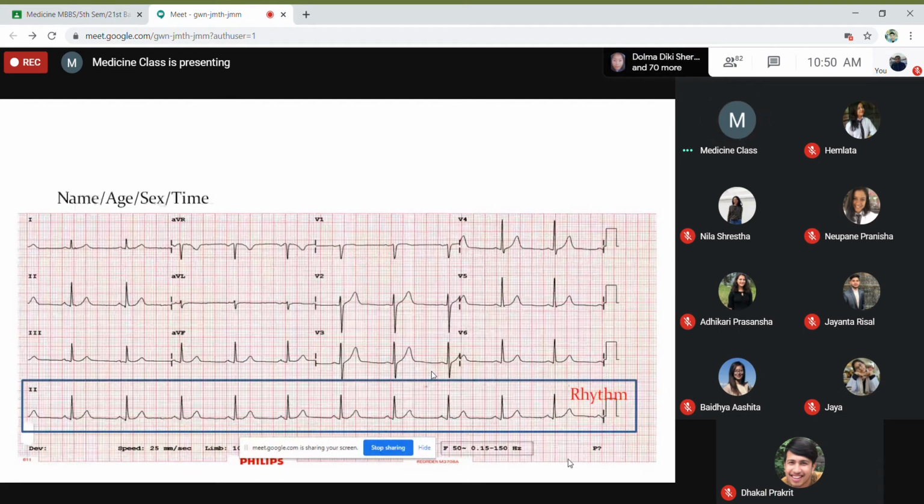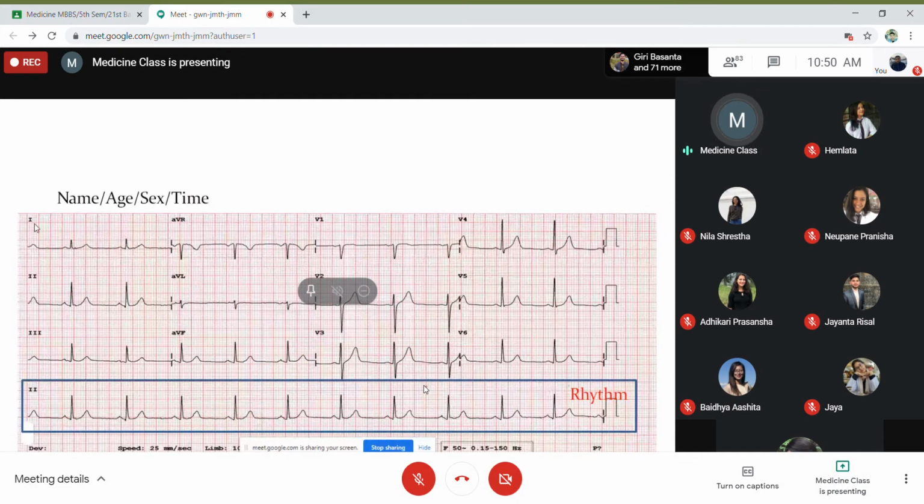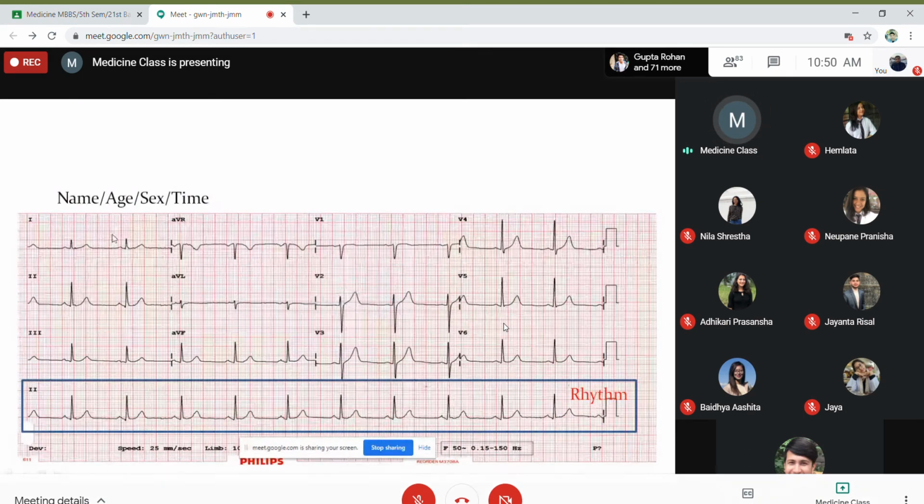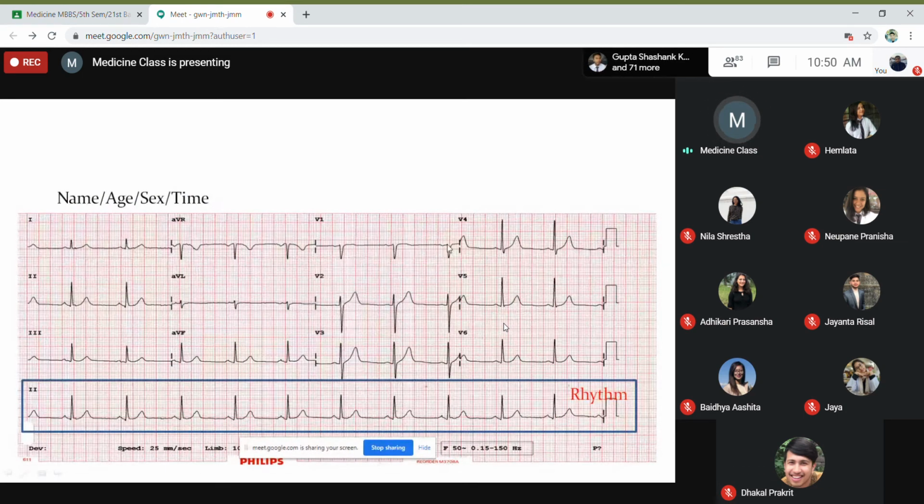So whenever we do an ECG, this is one example of an ECG tracing paper, where you can see that there are 3 leads, 1, 2, 3, and AVR, AVL, AVF, and V1 to V6. These usually come in sequences like this: 1, 2, 3, AVR, AVL, AVF, then V1 to V6. These are called